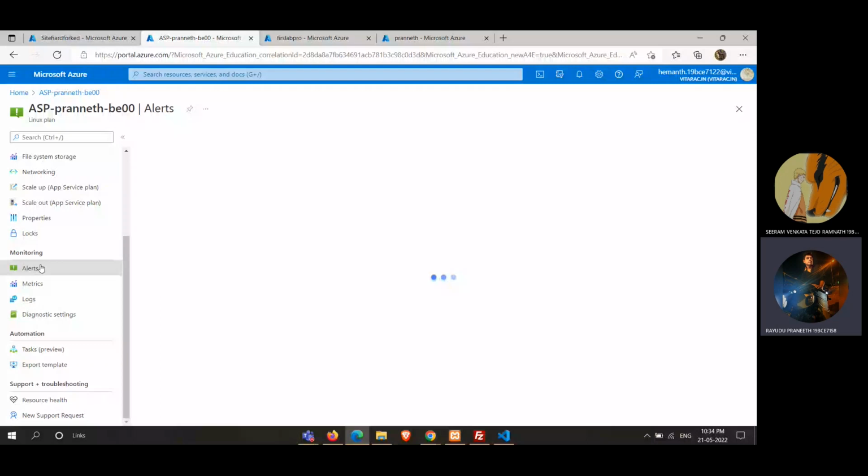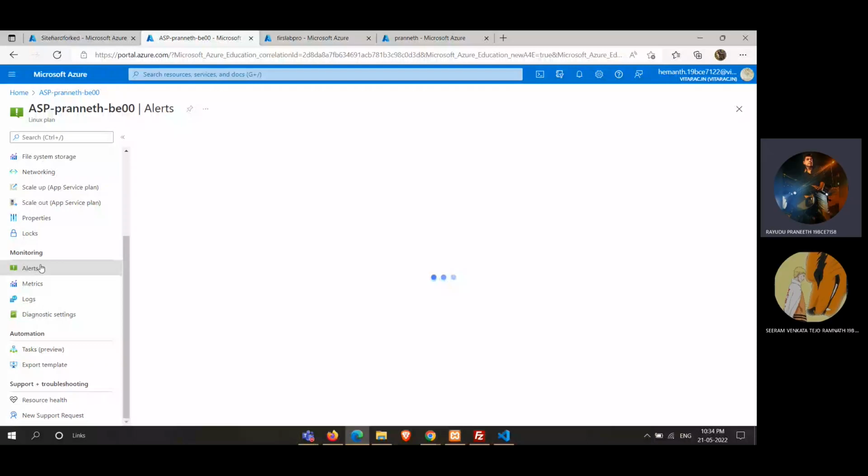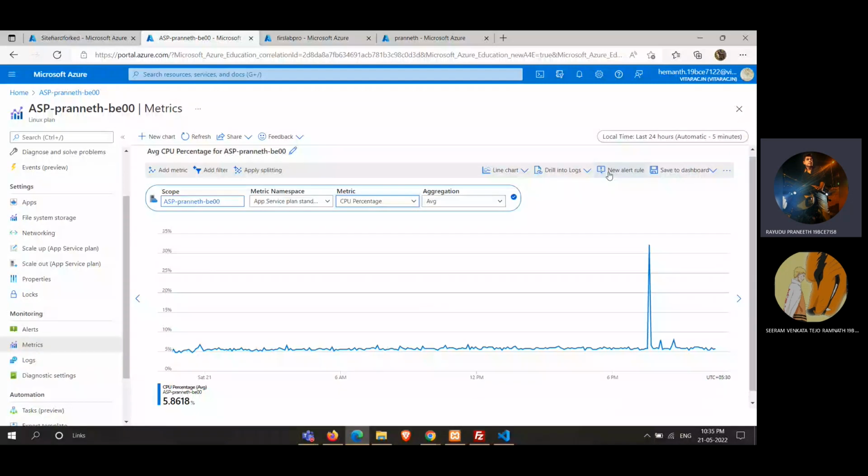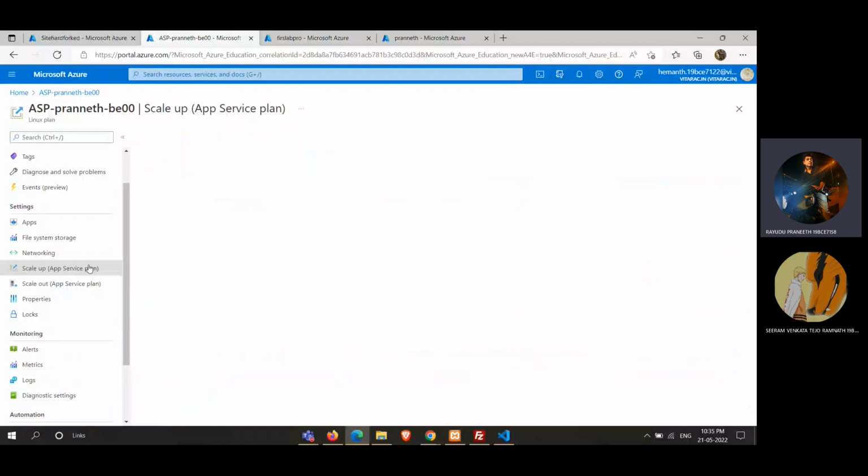Yeah, you can see here CPU percentage is showing, and here I have set aggregation to average, and you can see the spikes graph is showing here. You can assign rules to get metric alerts, and here you can see scale up and scale out. If our impression on the site is more, we can increase the capacity, or if no one is using it,